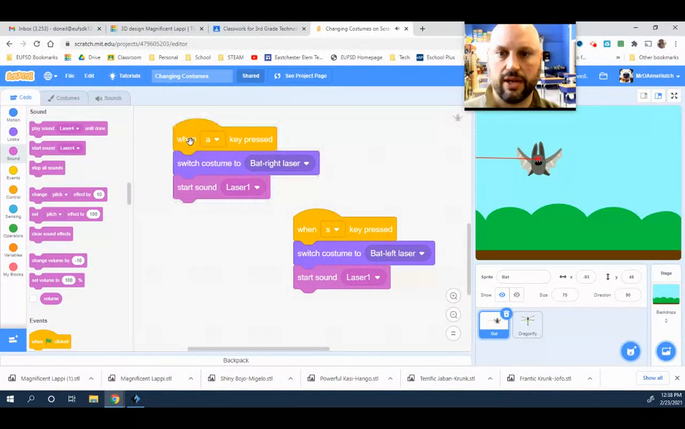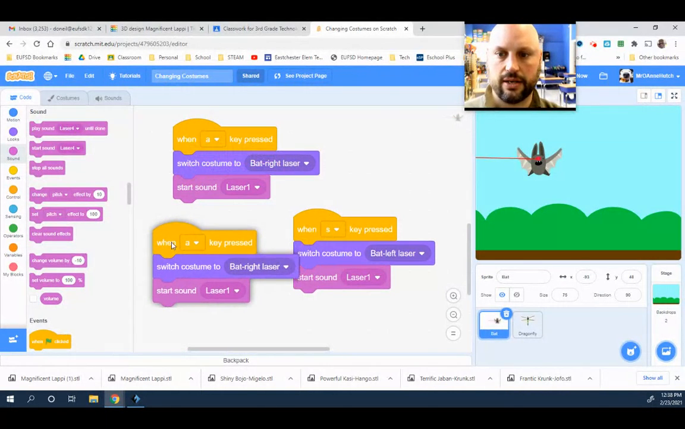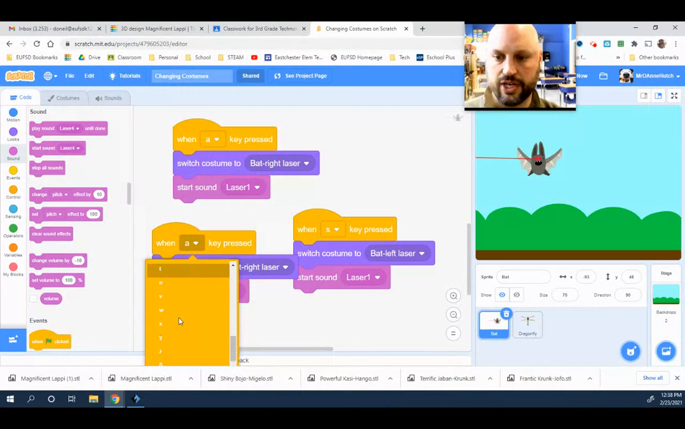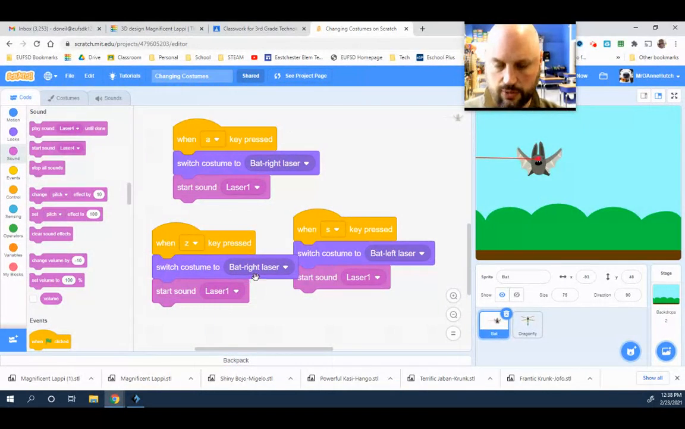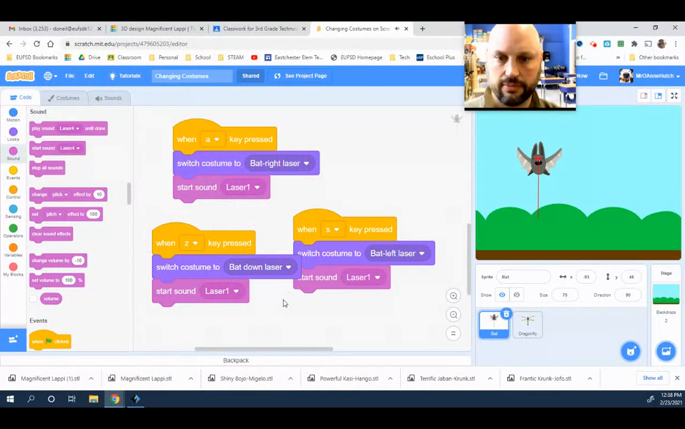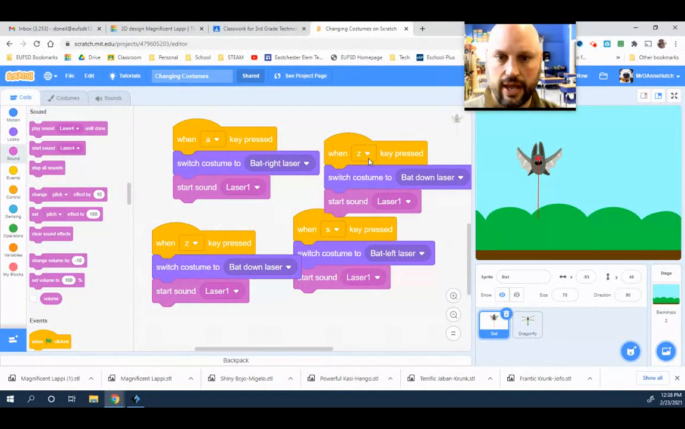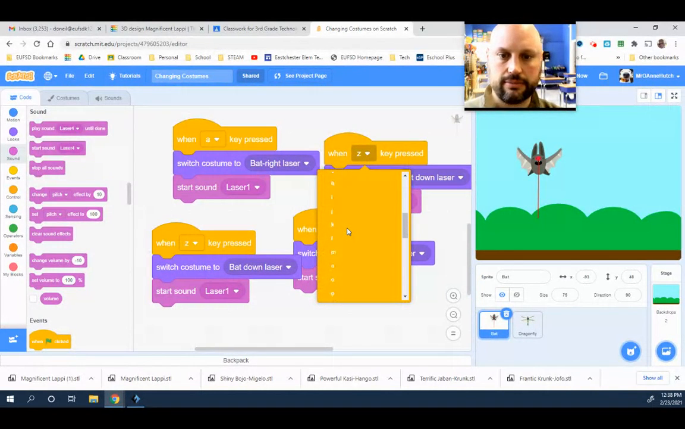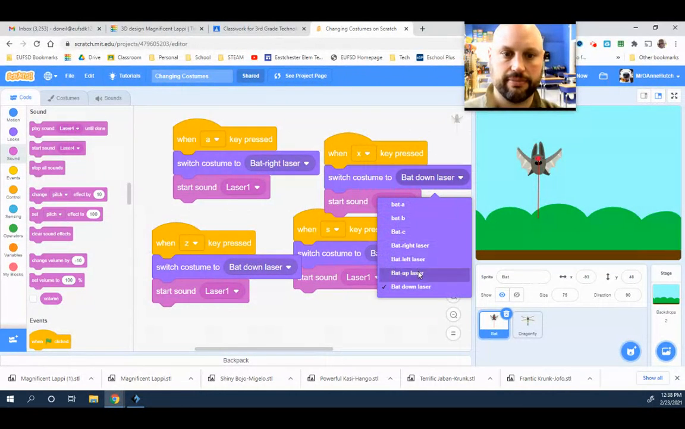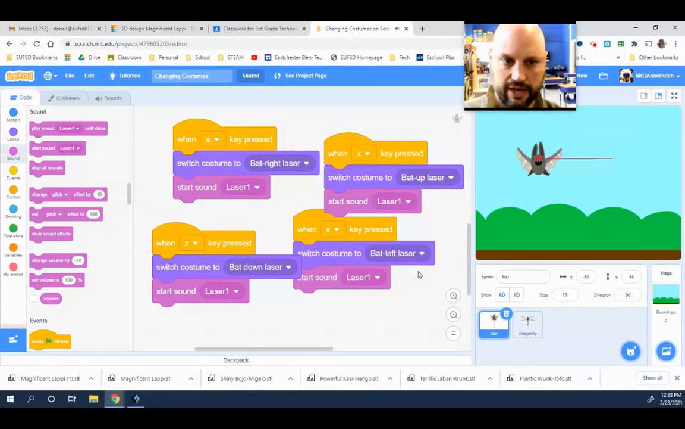Okay, then I'm going to right click, duplicate, and let's use the Z key. So I'm going to change this to the letter Z. And this one we're going to have go down, the down laser. Okay, and then I'm going to duplicate, and we're going to make this the X. And the X, we are going to make the up laser. Now you can do this any way you'd like. Okay, so now what I have is a bat that can shoot lasers,